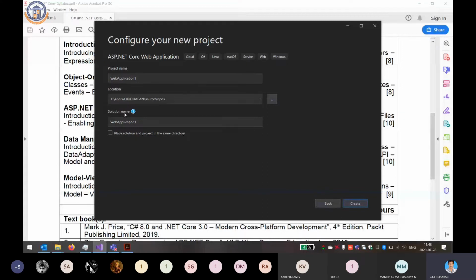That means a web application to run in a browser, a desktop application to run in a Windows system, and then we have to create a mobile application. These are the three projects we have to provide to the client. So for these three projects we name it as a solution. Okay, so we can name it as web solution.